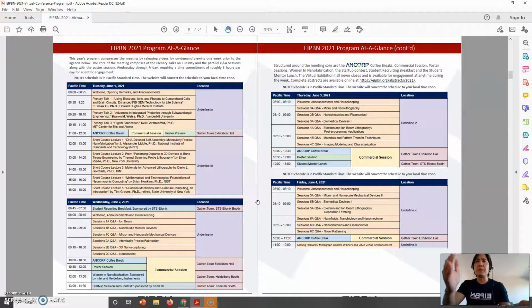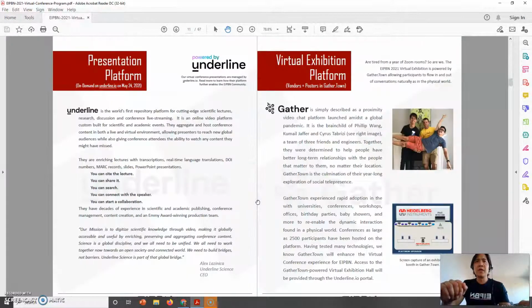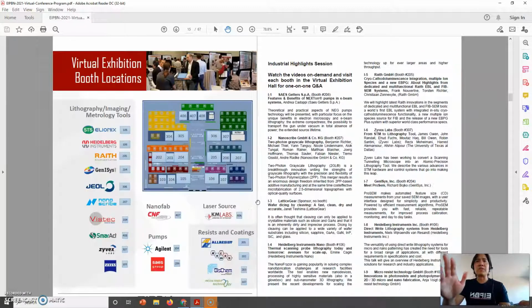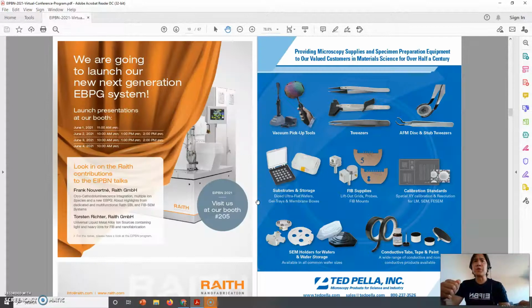Going through the program, you can pick out what particular sessions you might be interested in visiting, and also some of the extra activities that we have. We talk about the underlying platform and showcase a few things in our industrial highlights session, what talks are there, and where those booths are.